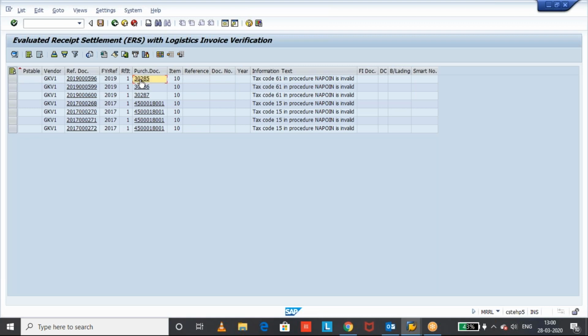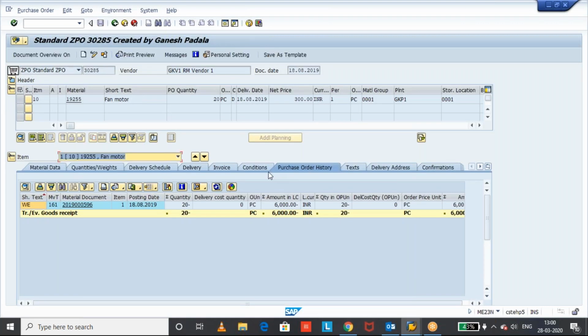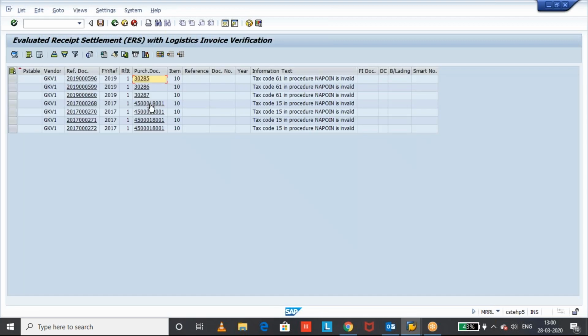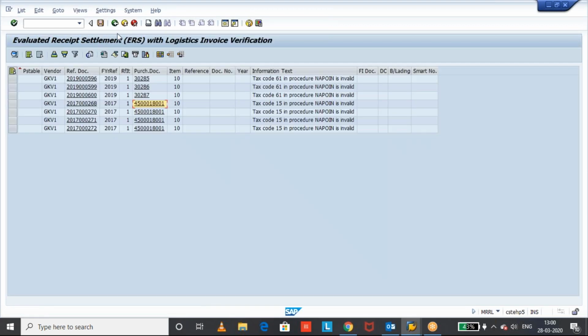We can see the PO, see the purchase order, goods receipt is posted, and invoice receipt, or we can say credit memo. If it is a reversal, 102 or 161, a credit memo will be created. If it is 101, the system will generate the invoice verification.